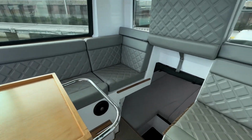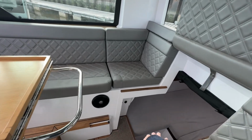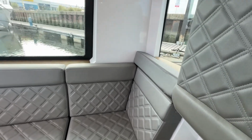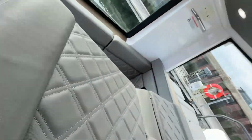And then you've got the seating all the way around here. So you've got the aft cabin there. This then rockers down and just locks into place down here. In fact, let's do it so you can see that. It is simple. So that just goes there, and then all I do is spin that round,